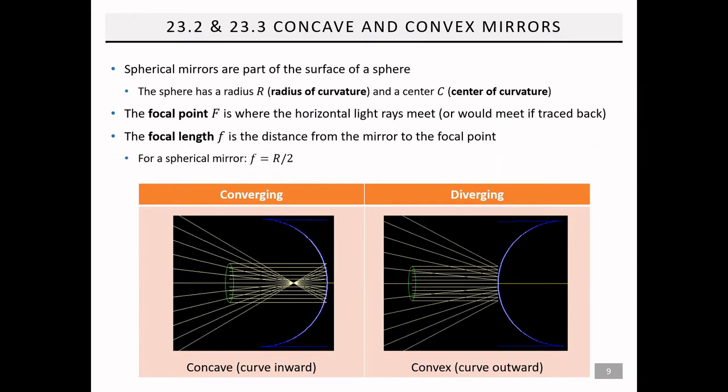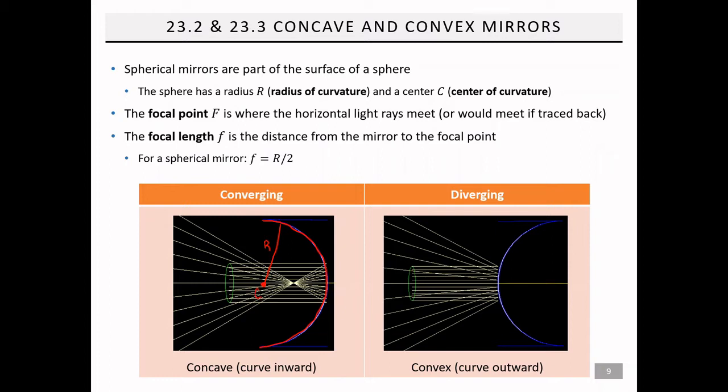Spherical mirrors are named as such because they are part of the surface of a sphere. In the cases shown, you have actually half a sphere, in this case the right half of the sphere. It doesn't always have to be half to be a spherical mirror, just these examples are. The radius of the sphere we call the radius of curvature. So if you draw a line from the outside of the sphere to the center, that radius is called the radius of curvature. The center of the mirror, or the center of the sphere, would be called the center of curvature,